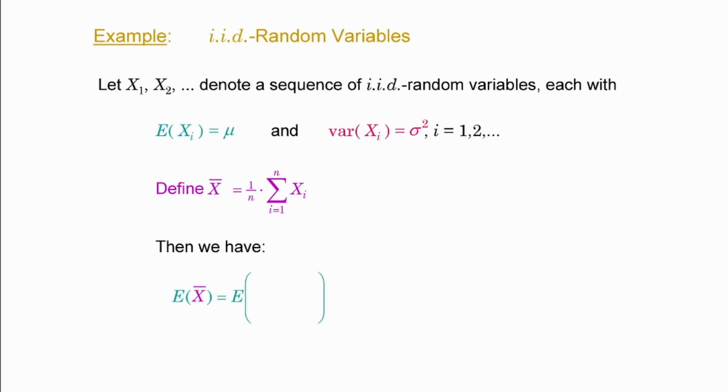Keep in mind that the arithmetic mean is also a linear transformation of a random variable, because if those are random variables, then the sum of them is also one. So if the sum is a random variable and you multiply the sum by a constant, you get a linear transformation of that random variable. Now, if you want to consider the expectation of that, you need to remember that the expectation of a linear transformation is the linear transformation of the expectation.